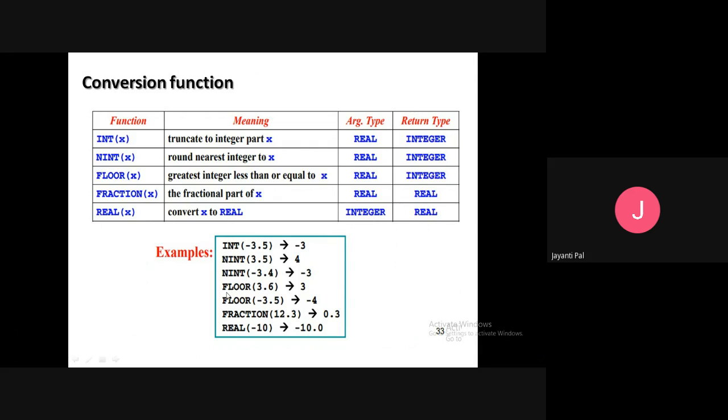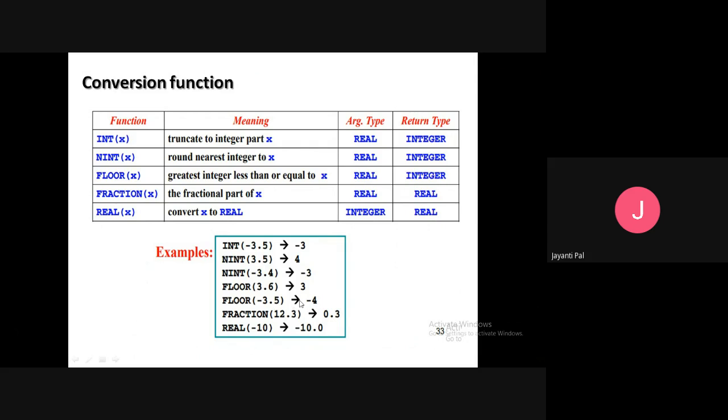Another one is the floor and fractions. If you want only the fractional part of 12.3, the fractional part is 0.3, so if you write fraction(12.3), it will give you 0.3. In the same way, floor(-3.5) gives you the integer value minus 4.